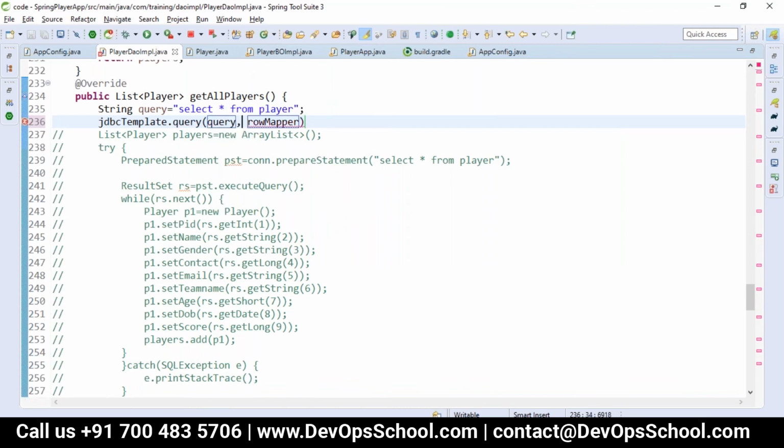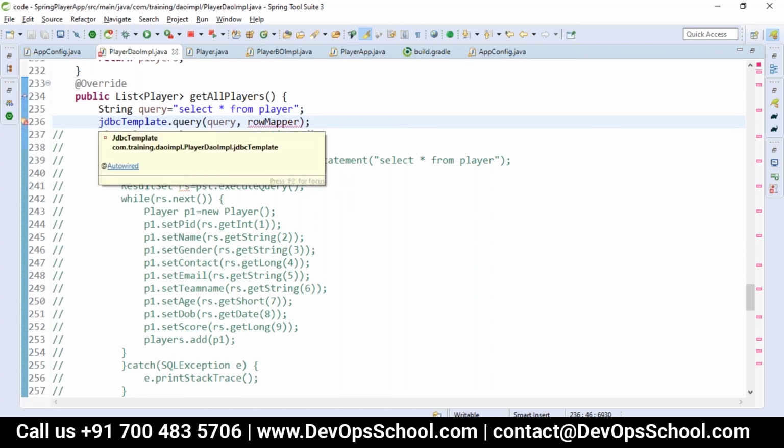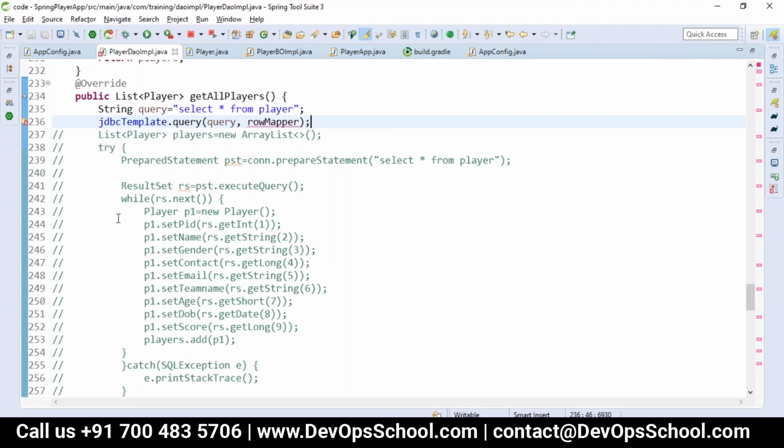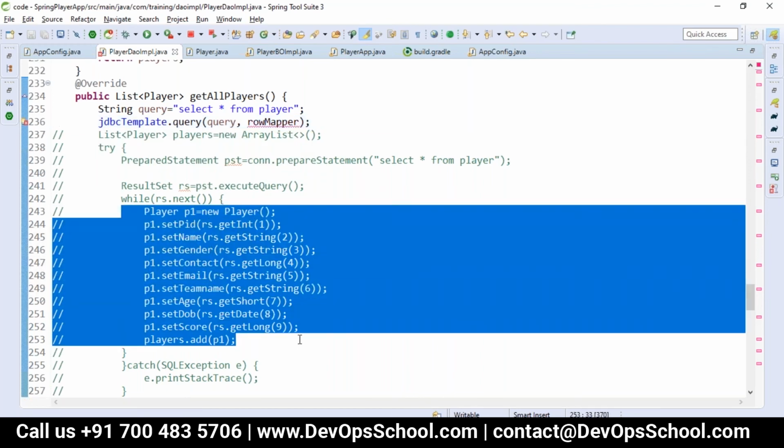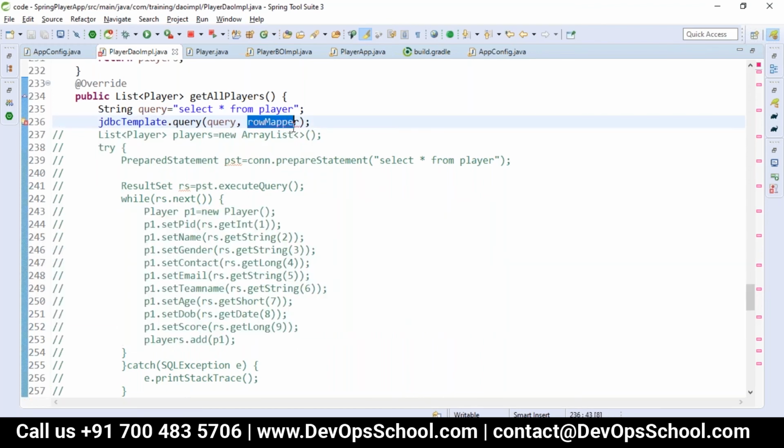That is the query. The second one is the row mapper. A row mapper will map each row into one object, like what we are doing here; it will be taken care of by the row mapper.